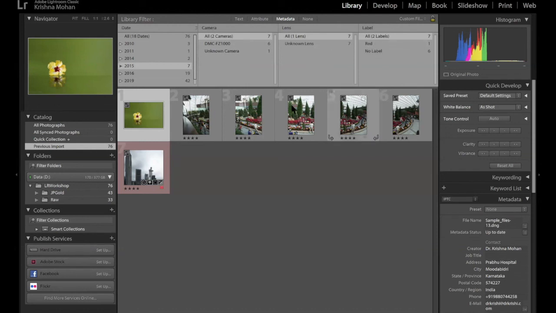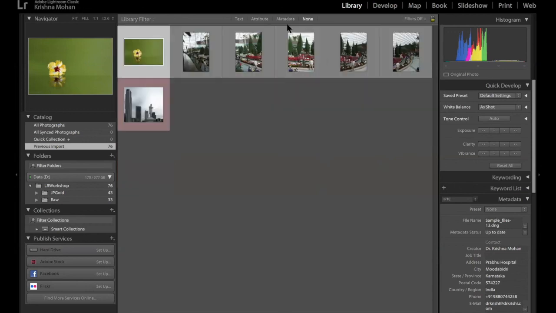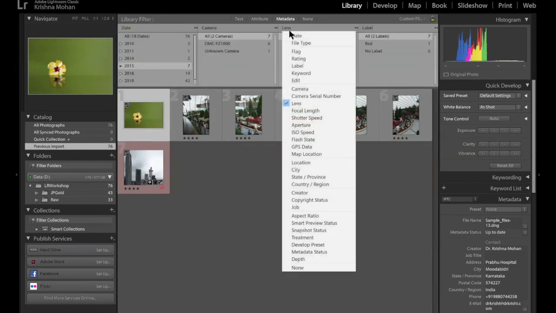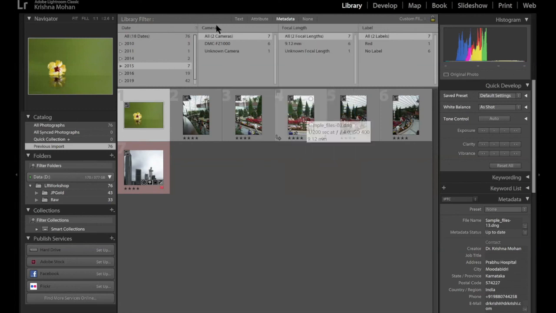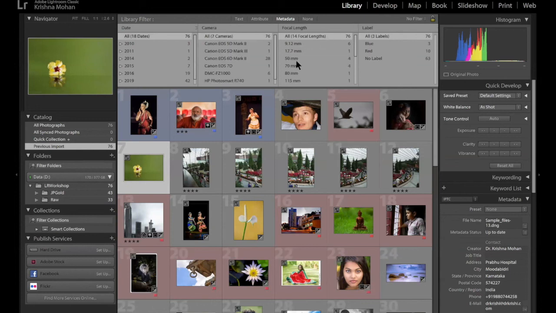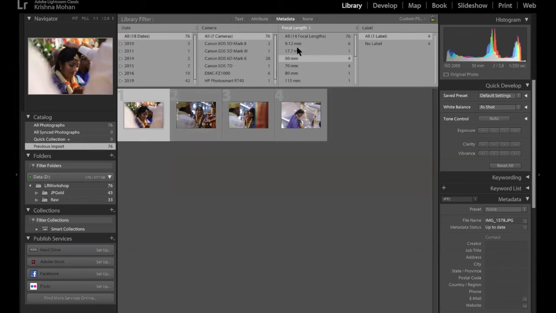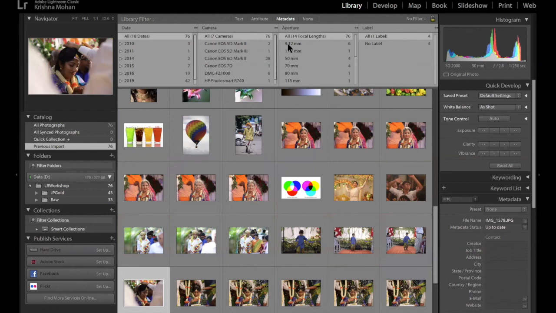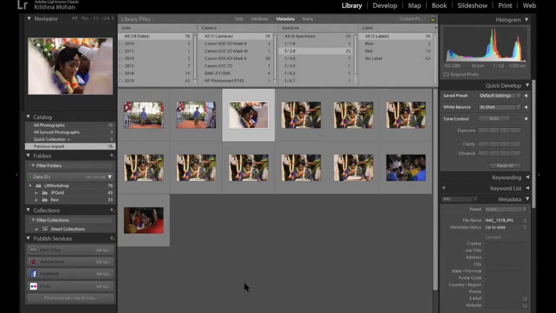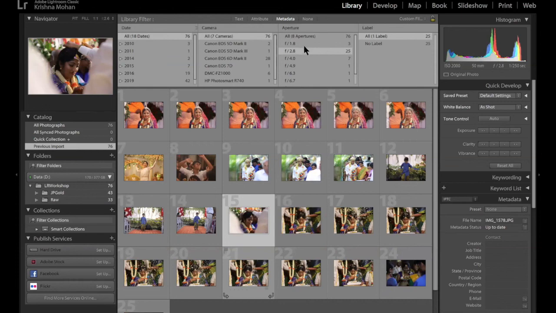If I had labeled it red, for example, this I have labeled red, that is mentioned here. So you can index in a different way using this metadata. You can also go back into the metadata and choose, among all of these, something which is shot at 50 mm. These are all the photos which were shot at 50 mm. I can also go for f-stops, where I can say I want only the f-stop f2.8. See, all the photographs which I have taken at f2.8.